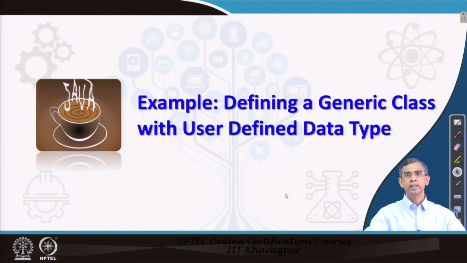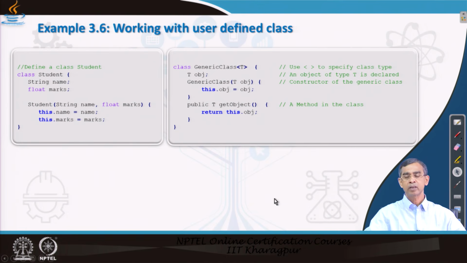For example, say a user can define their own data type, say book or student or person. Now, can we repeat the same thing? That means objects can be created, object arrays can be passed, they can be printed, and ordering of the objects can be made like this. The answer is of course yes, because this is the main strength of generic programming. Now, here is an example to illustrate the concept.